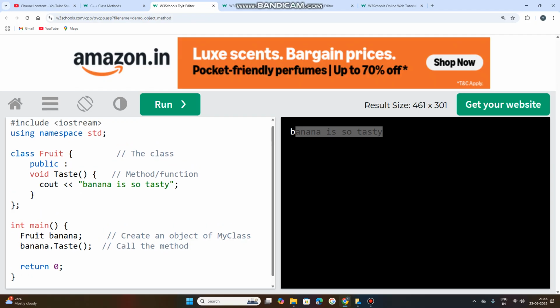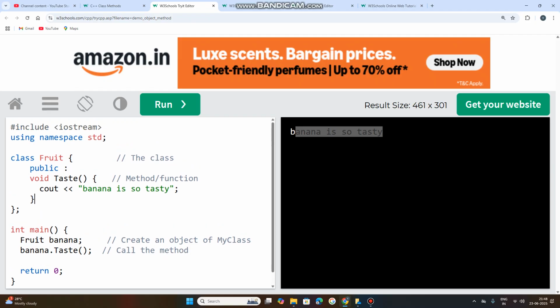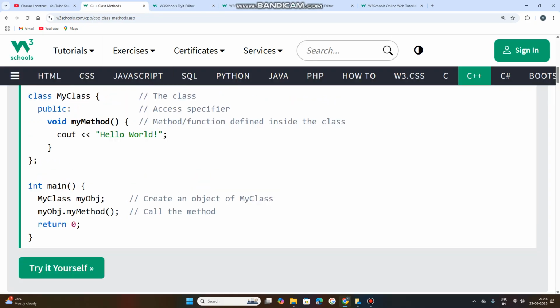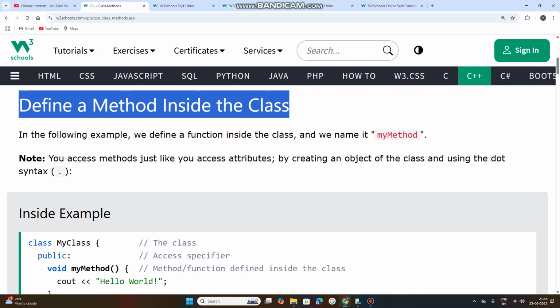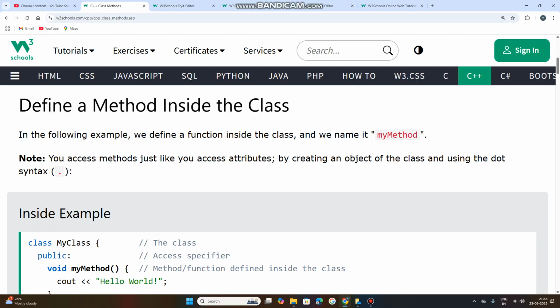So this is the way how to create a method inside of the class. The method is defined inside of the class, not outside of the class. This is one way, this is the example for defining a method inside of the class. So that is very important here. Attributes, variables and any method can be called with the dot operator. I told you that all the attributes, meaning class variables, and methods, they can